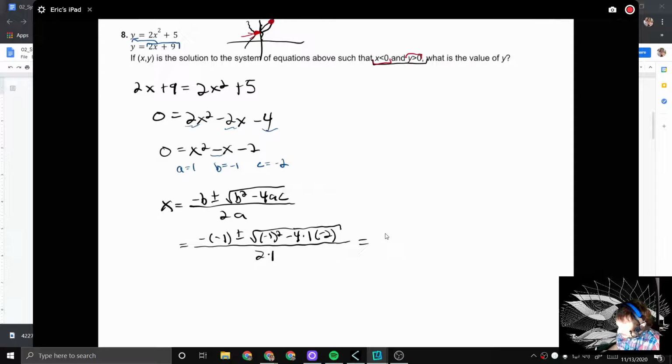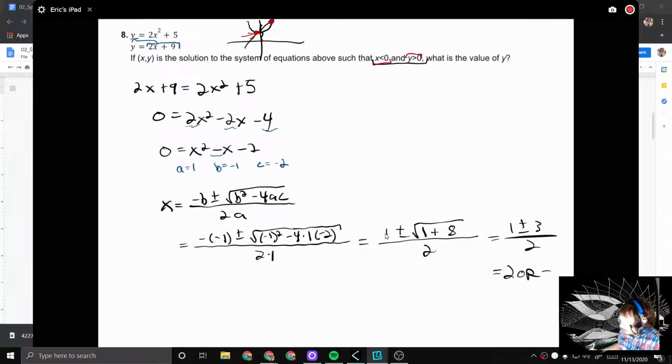Negative times a negative is positive, so I have 1 plus or minus the square root of 1 plus 8, over 2, equals 1 plus or minus root 9, or 3, over 2. 1 plus 3 is 4, over 2 is 2, or 1 minus 3 is negative 2, over 2 is negative 1. We wanted x less than 0, so negative 1 is